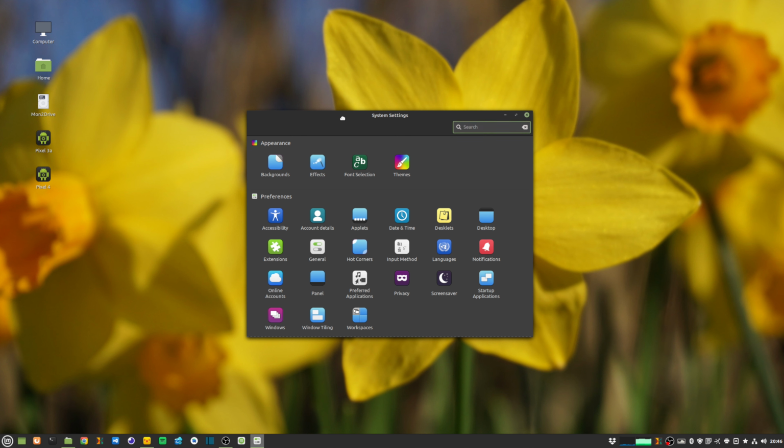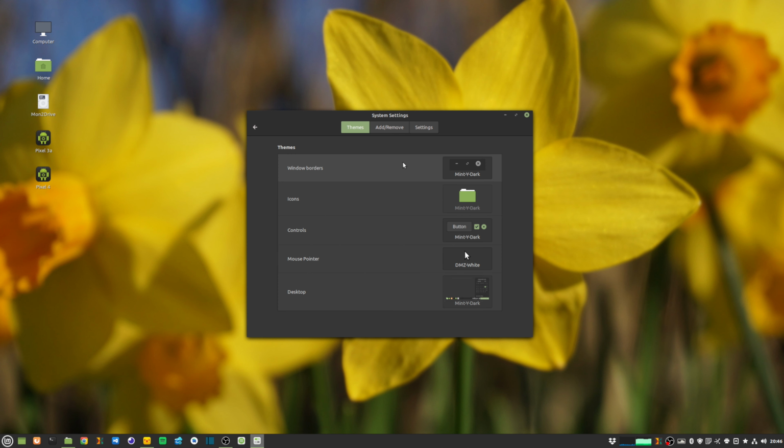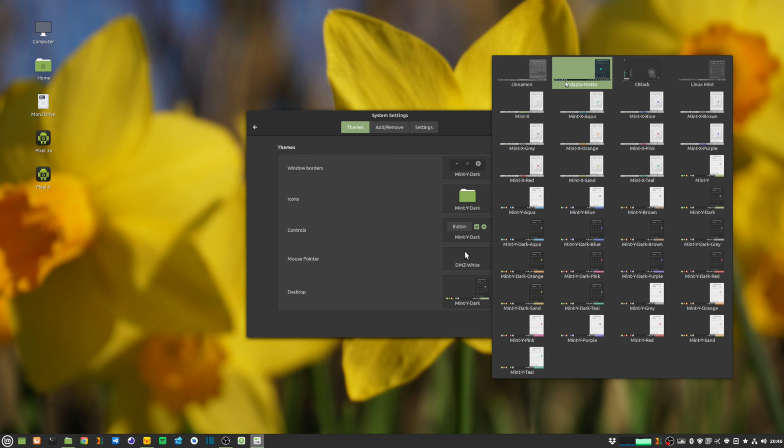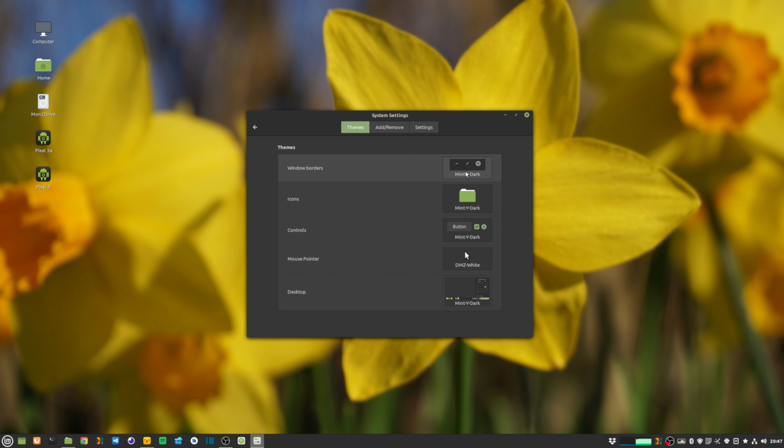If I go into my system settings, I always love to apply some really dark colored themes. Some of my favorites are Minty Dark, as well as Adapta Nocto, as well as Sea Black. Currently I'm on Minty Dark, and my controls and icons and my desktop represent the same.